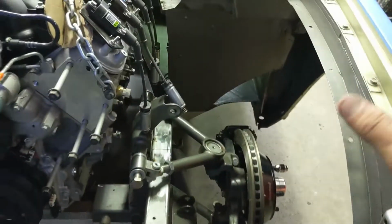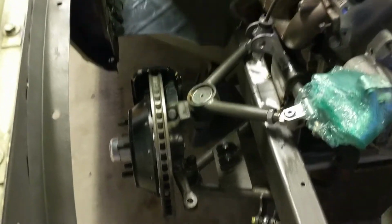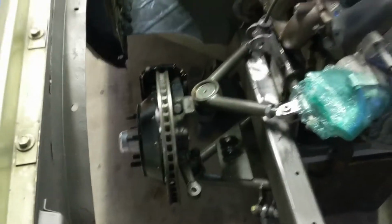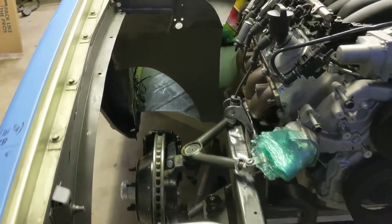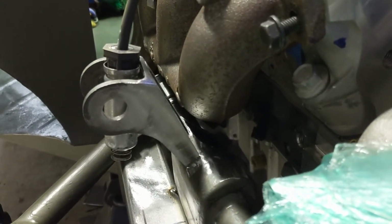They go up, look real good. Turn throughout all the travel, so you'll never rub a fender. It tucks the top inch of the tire at ride height if you want to. This shock tower is not so happy. Not a lot left there, so we got to figure something out there to reinforce that, but everything's back where